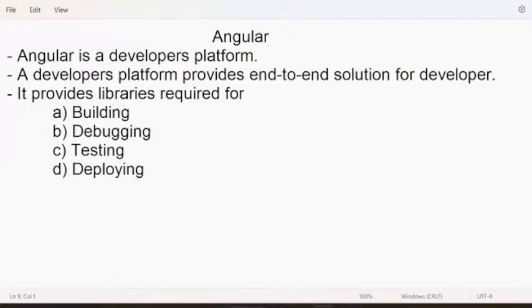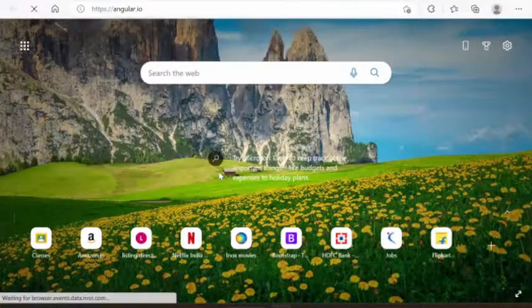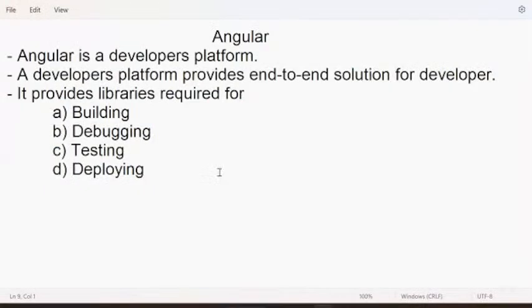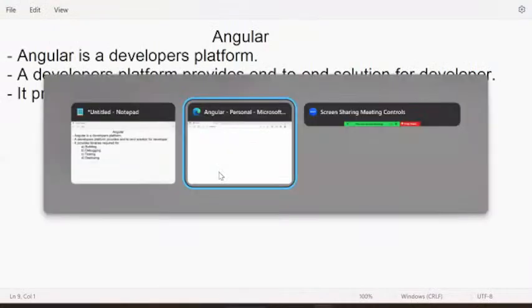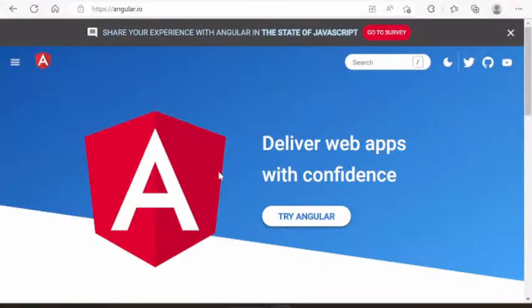So in a developer's platform, there will be so many things. You see the official website of Angular. This is the Angular official website, Angular.io.